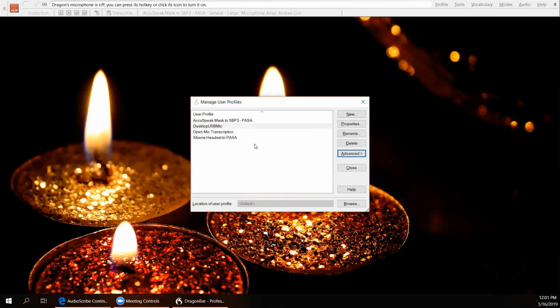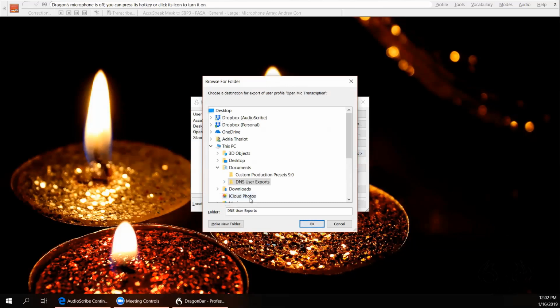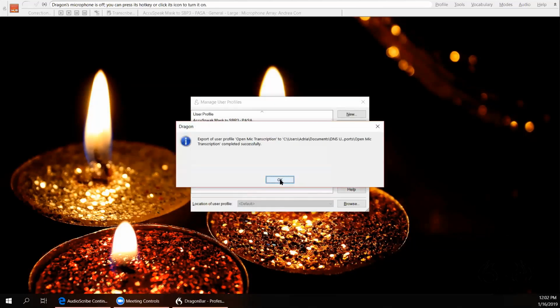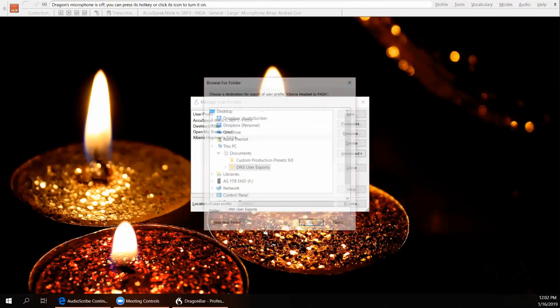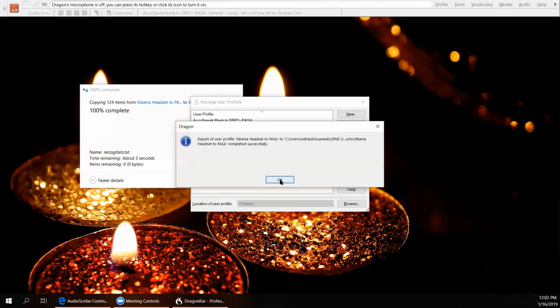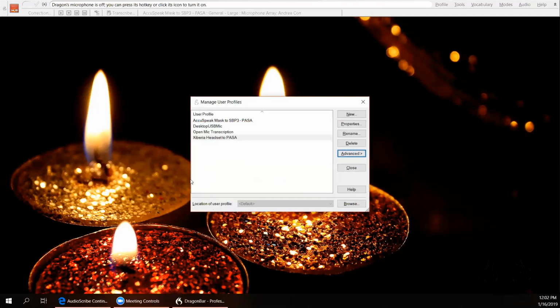So I'll click on OK. I'll go to my next user profile, Advanced, Export, same location, OK. And OK. Now my last user profile, Advanced, Export, okay. And so all of my profiles are now exported,